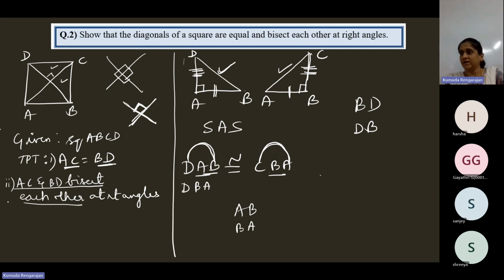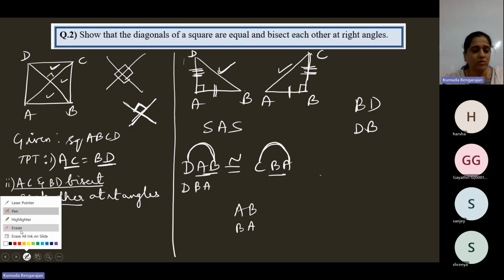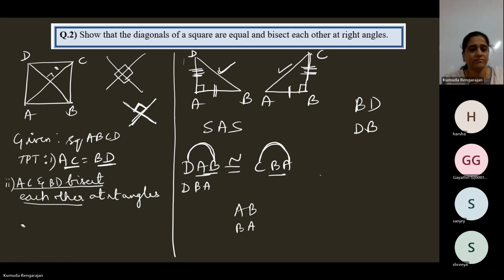See, you have four triangles, right? We can see four triangles. Take any two adjacent triangles. You should not take this triangle and this triangle. No, that will not work. You can take any two adjacent triangles, like this one and this one, or this one and this one, or this one with this one. So we are going to take up